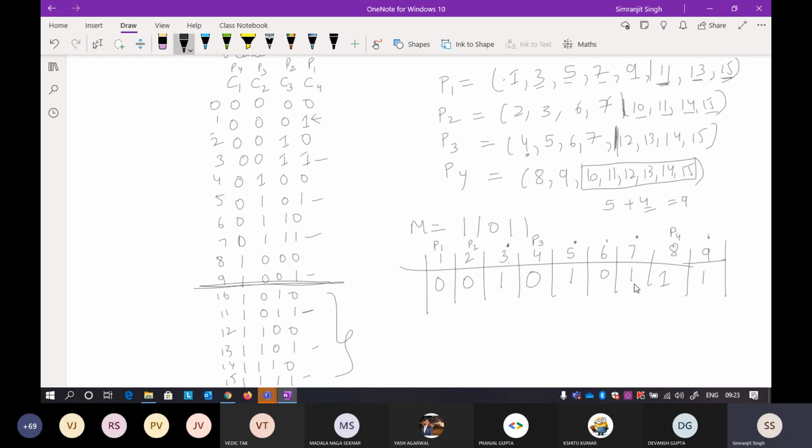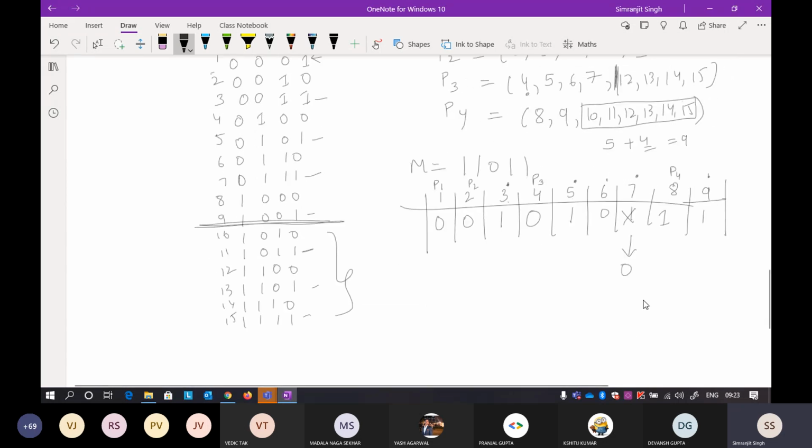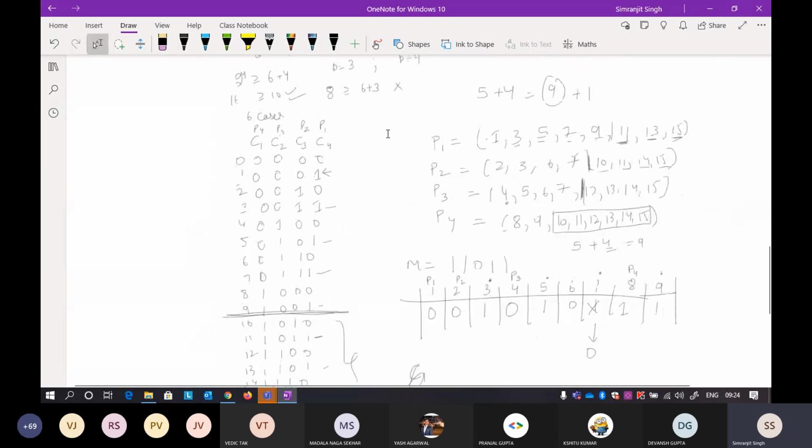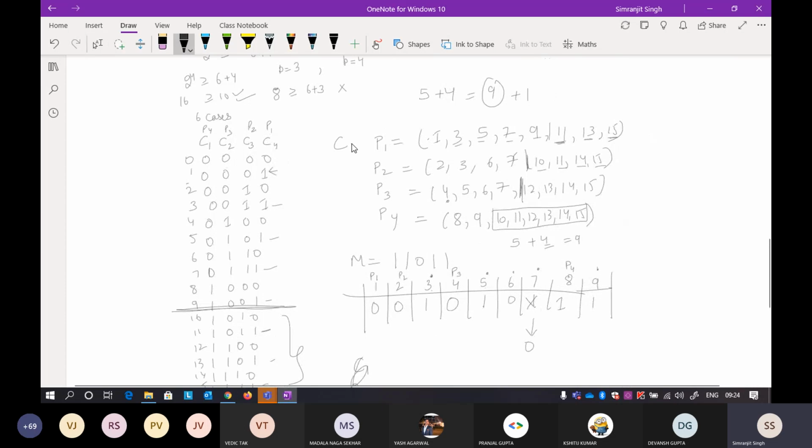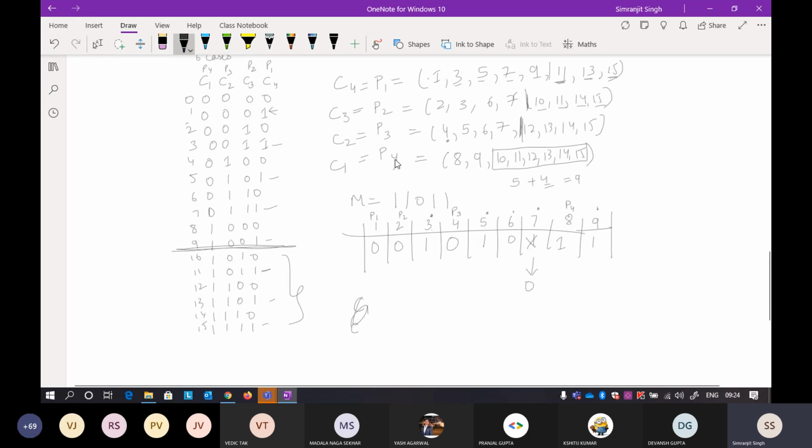Okay, so again, I can change it to something like this. If I change it to 0 and send it across, you can use the check bits here. Okay, so C1, C2, again I'll write the check bits here. So my check bits in this case will be, this is my C4, then C3, C2, and C1. Okay, so check bits will be the reverse of everything. Check bits will be the reverse of the parity bits. Okay, so now you check it, it's easy.